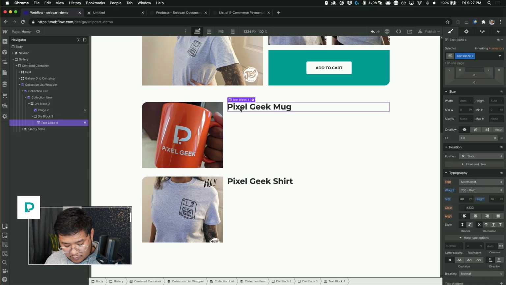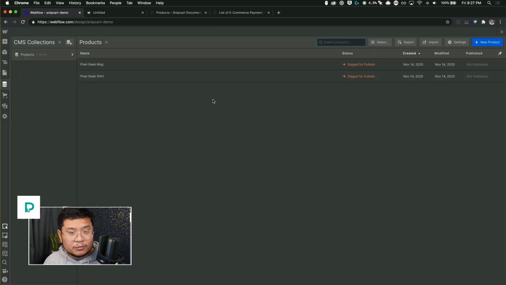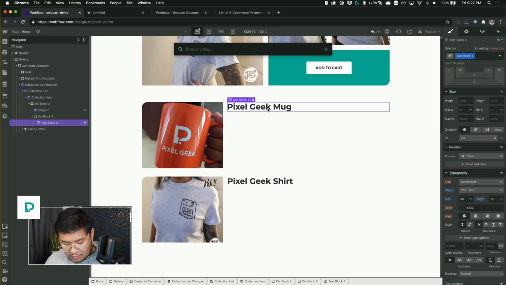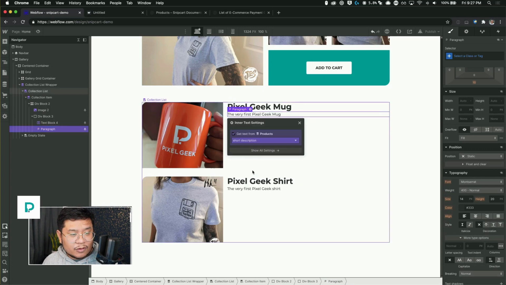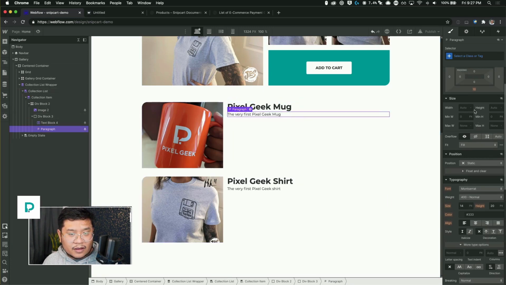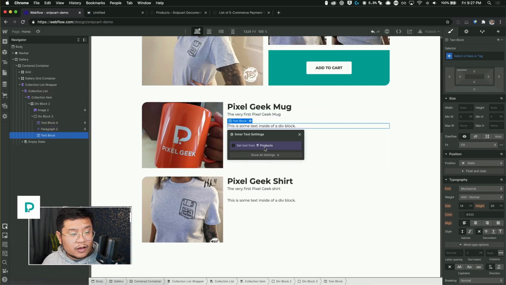And then I'm going to put in a paragraph that pulls from the short description, has some room below. Let's go ahead and put the price with a text block.